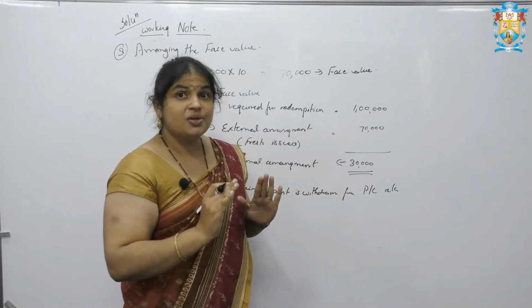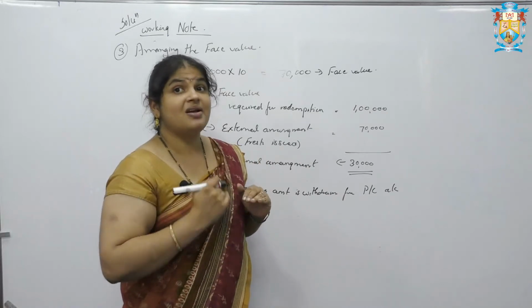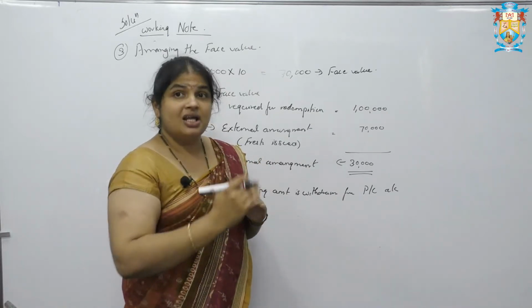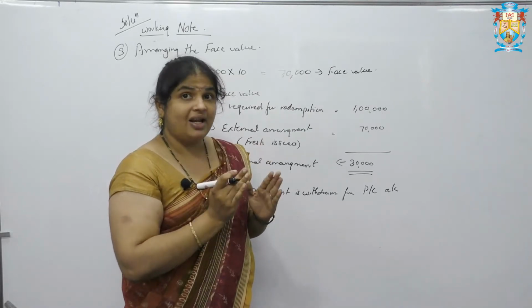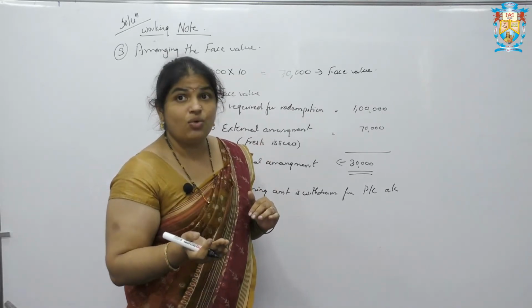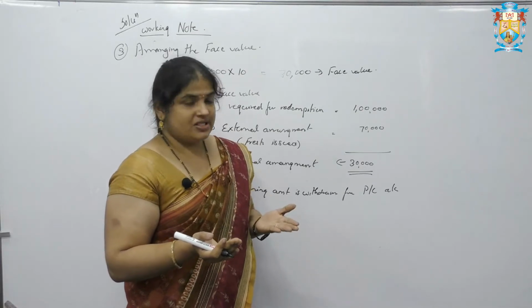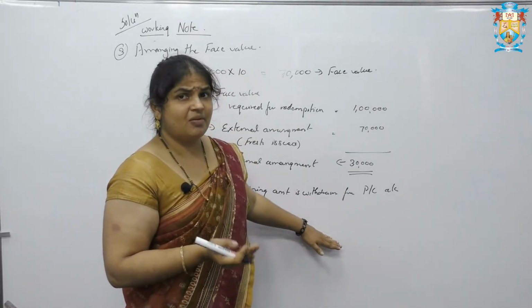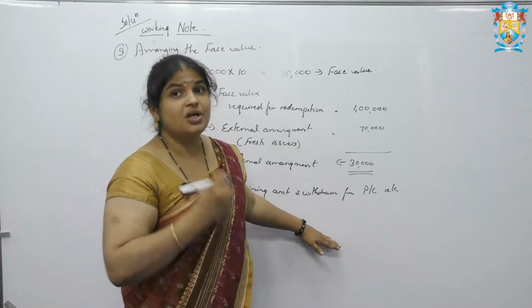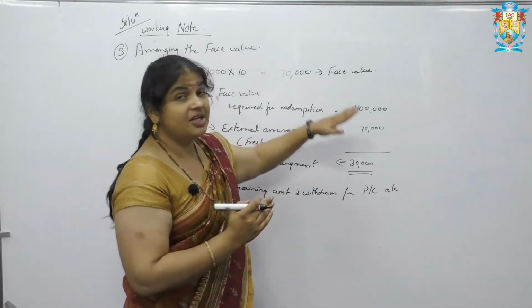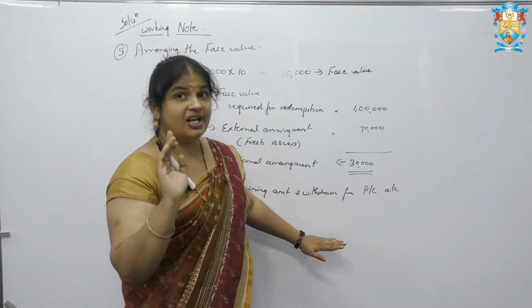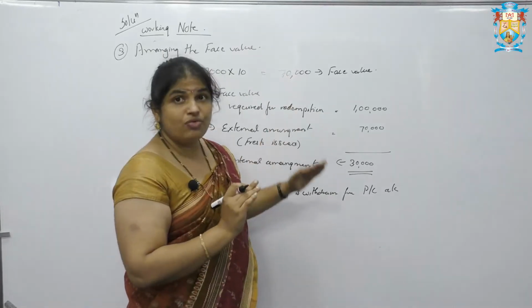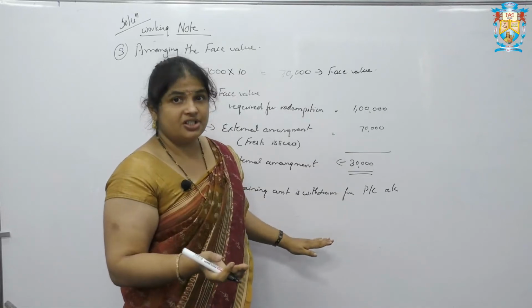So once I have arranged the redemption amount, what is the next step of the organization? They can go for redeeming the money to the public. So once the money is arranged, the organization can easily go for the redemption process. Redemption process is nothing but the organization giving the money to the public. So here we completed the working note. Now according to the question, we have to do the journal entry. So it's better if you do the working note first, then come to the journal entry.